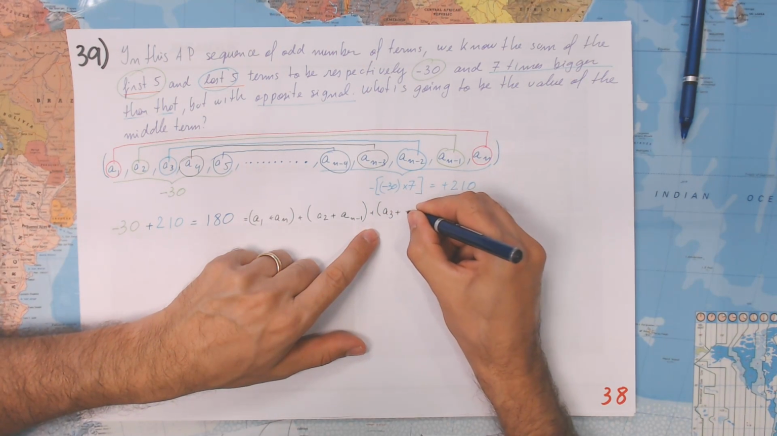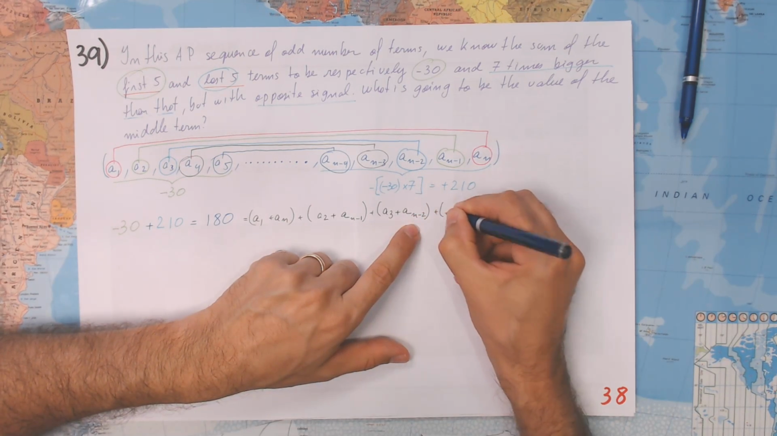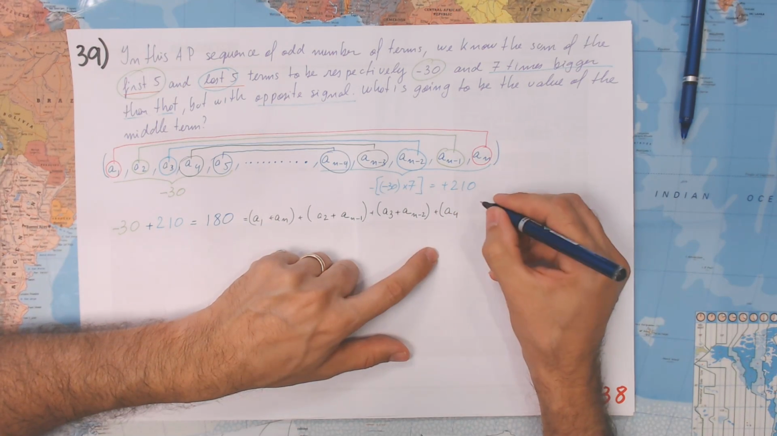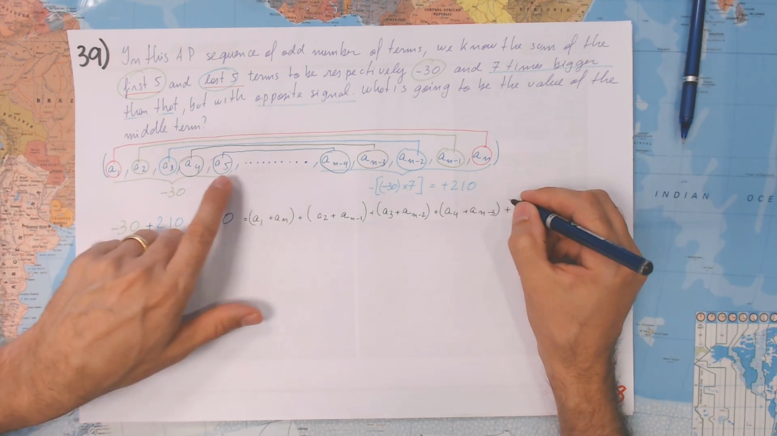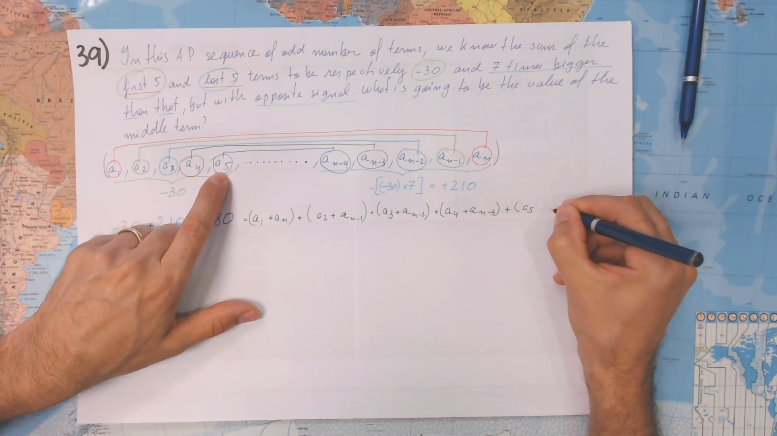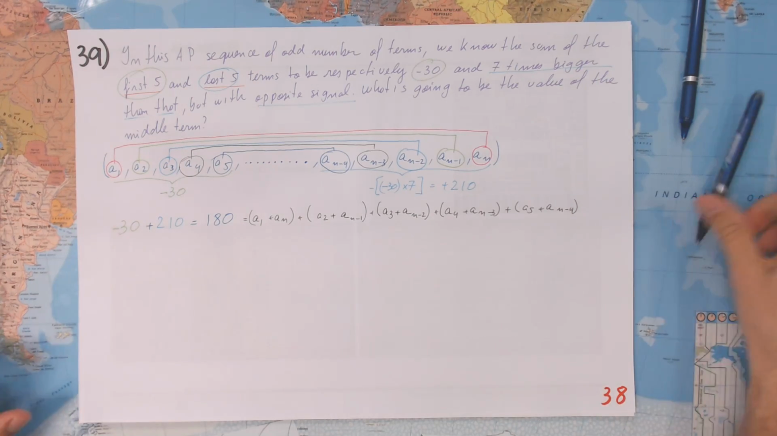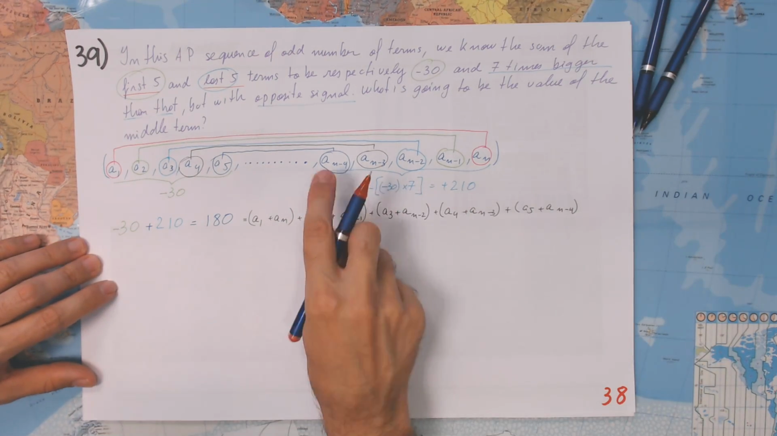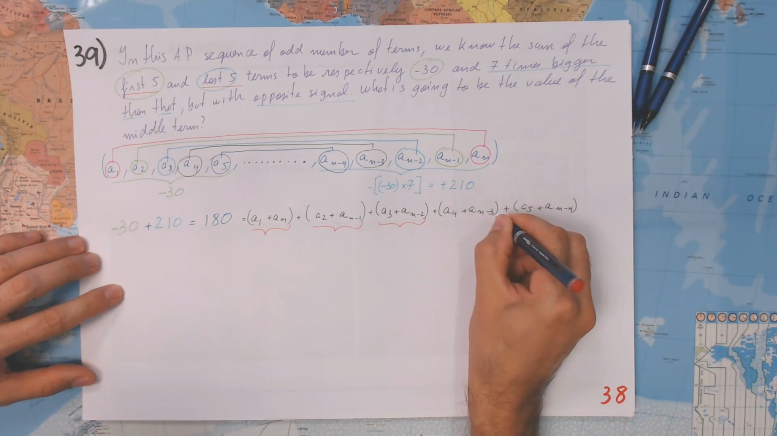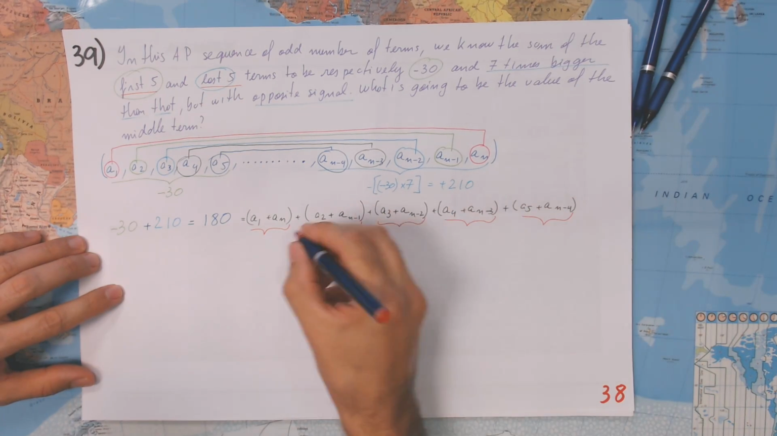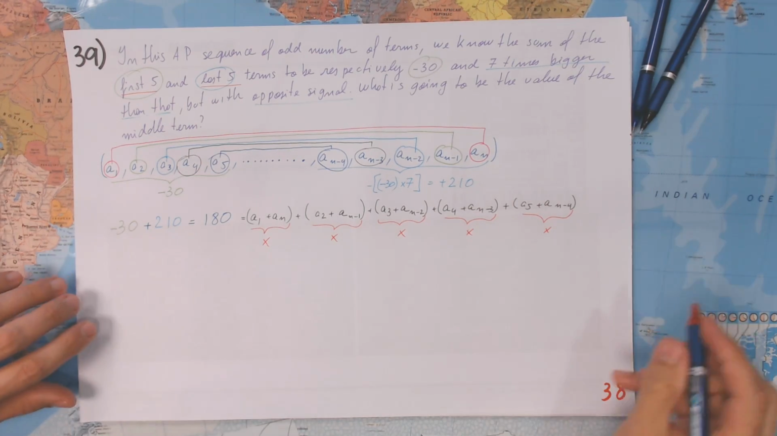A3 plus AN minus 2, the blue one, plus A4, the black one, plus AN minus 3, plus now A5 plus AN minus 4. Okay, and if I remember, since they are equidistant, they are all going to have the same value when I just sum those. That means that